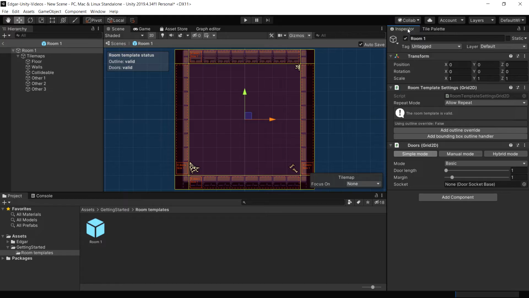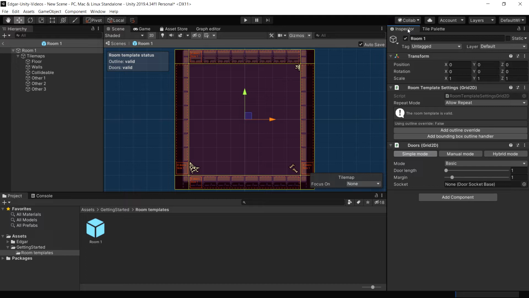There are currently 3 different ways of working with door positions. If this is your first time working with Edgar, I recommend using the simple mode, which is selected by default. The reason is that by using the simple mode, you usually end up having many door positions for each room template, and that means that the generator has a lot of freedom when generating levels, which leads to very quick run times. With the simple door mode, you basically say that you can have doors almost anywhere on the outline